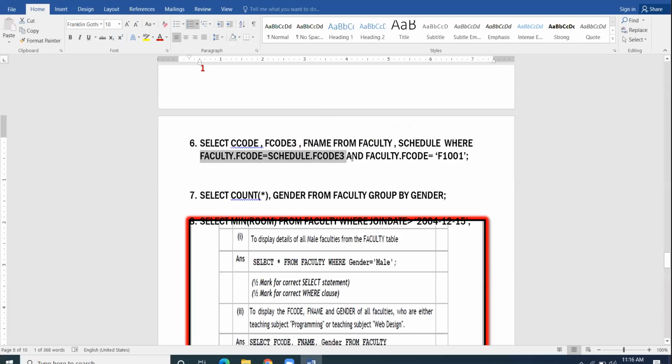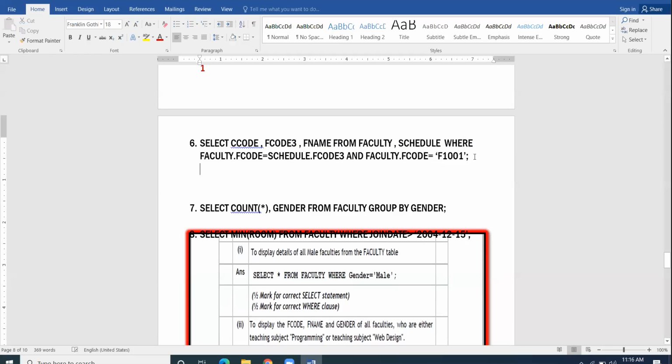The second condition is that faculty F code must be F1001. So you are to write CC code, F code 3 and F name.